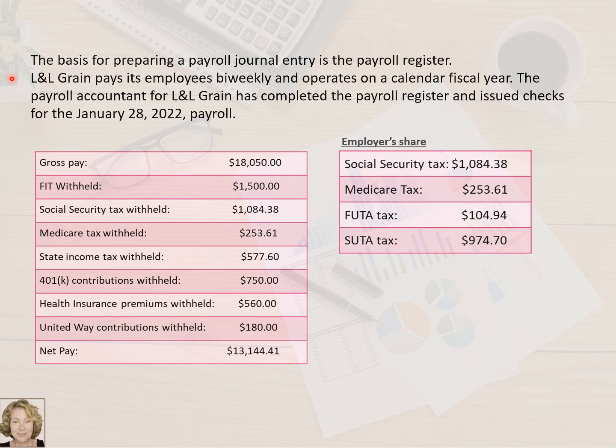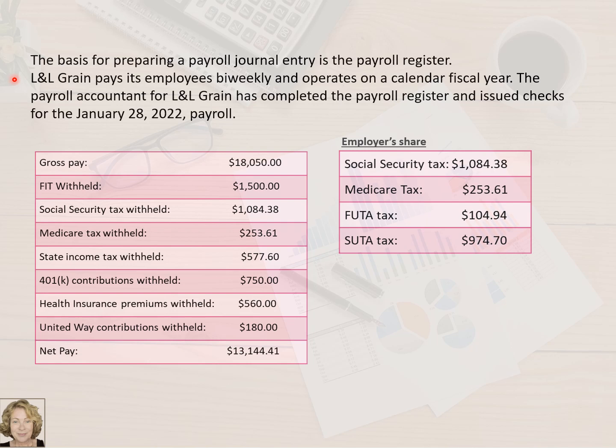Many companies have a fiscal year, which means that it begins in a month other than January and ends in a month other than December. Some companies use a fiscal year because it more adequately reflects the seasonality in their business.